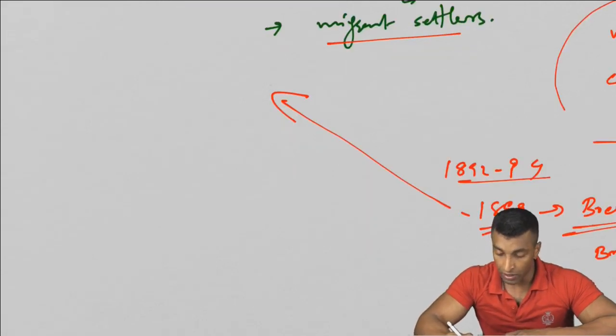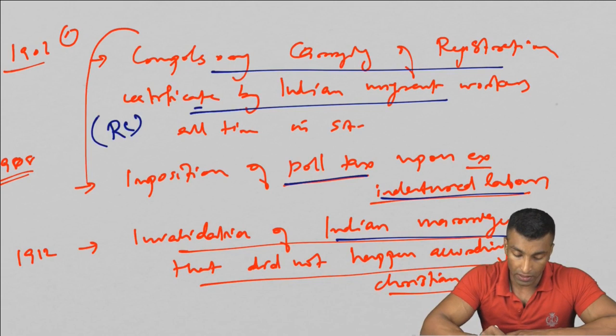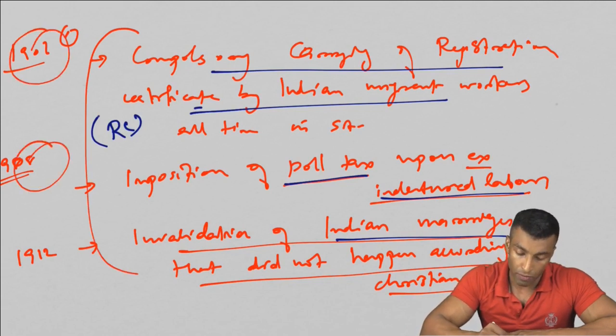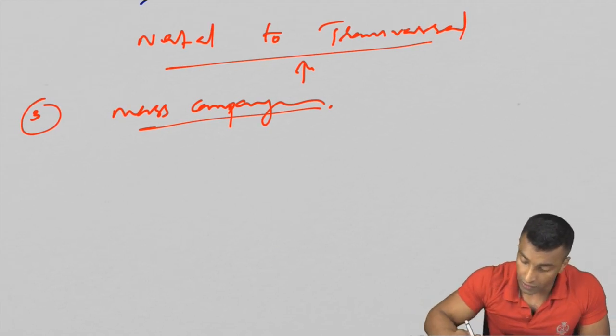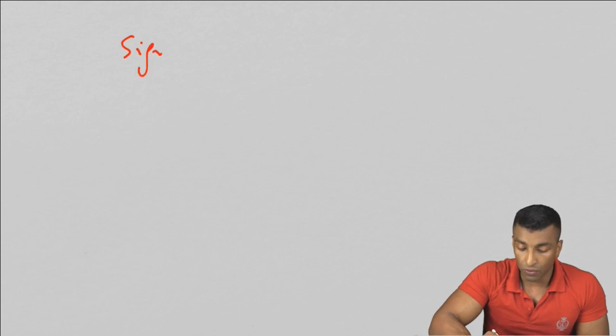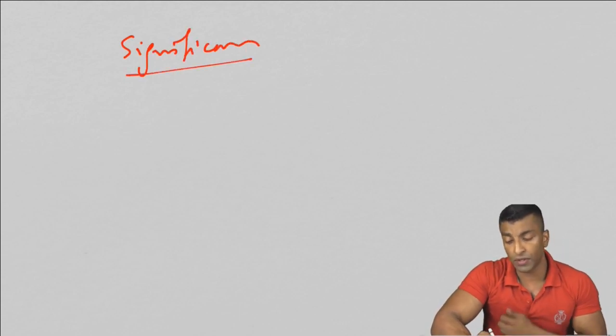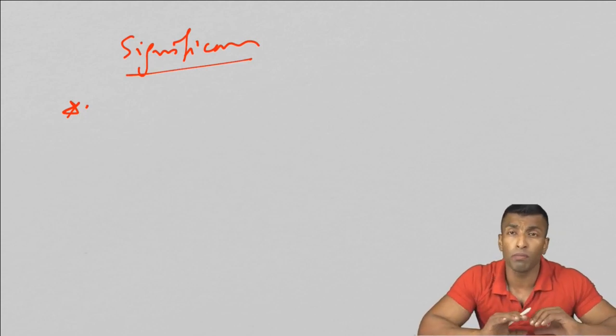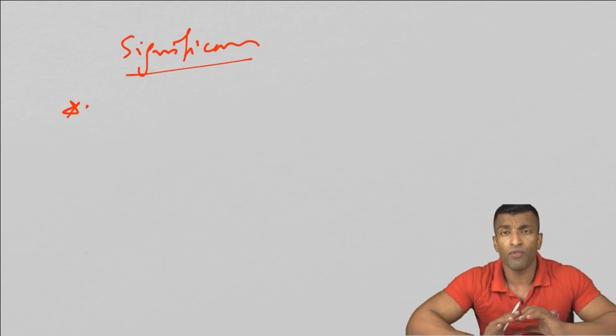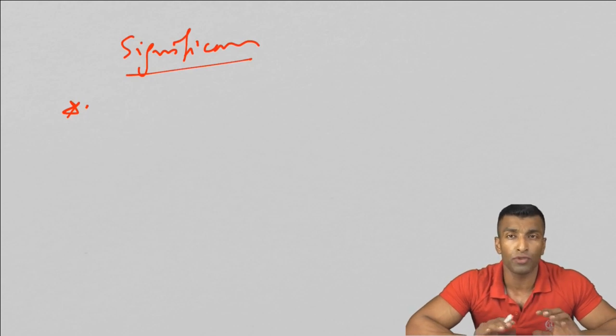Secondly, you can talk about these issues that we have discussed. Years you need to know, important. Okay, now we will see the significance of Gandhian experience in South Africa. So that also you can write. What is the significance? Firstly, Gandhi understood that you cannot militarily overthrow the British. Any violence will not be enough to overthrow the British.